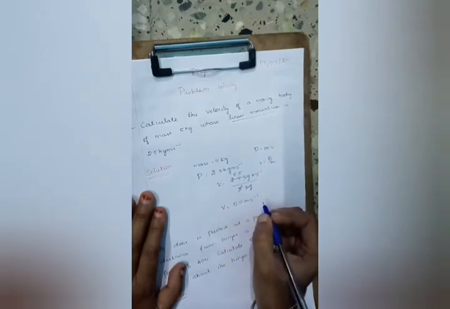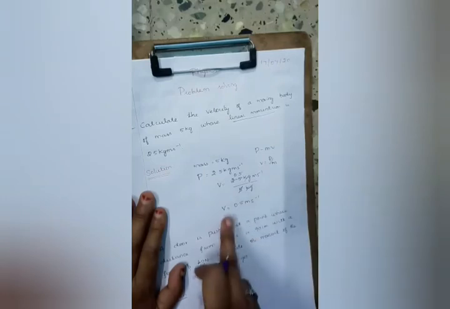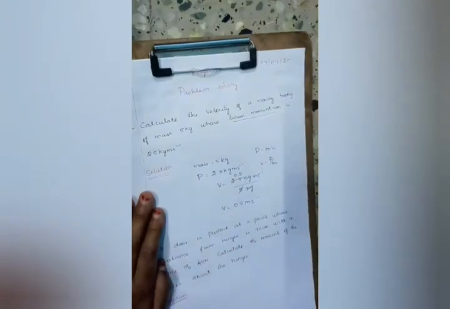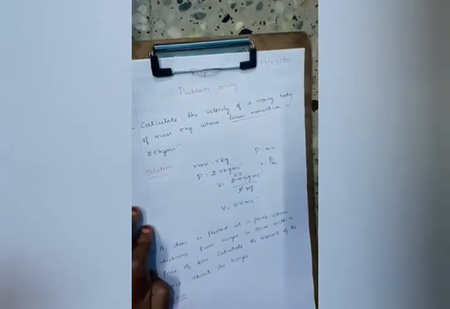So this is a very easy problem. They have given the value of mass and linear momentum. We know the formula for linear momentum, P is equal to mv. Product of mass and velocity gives the value of linear momentum, right? From this we get the formula for velocity, v is equal to p by m. So the final answer is v is equal to 0.5 meters second per minus 1, right?